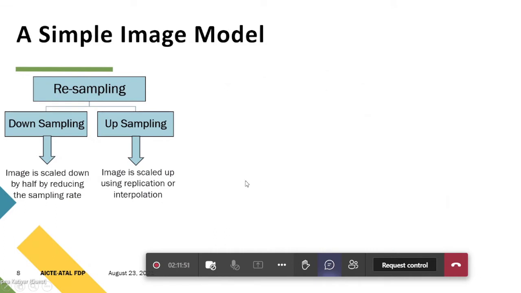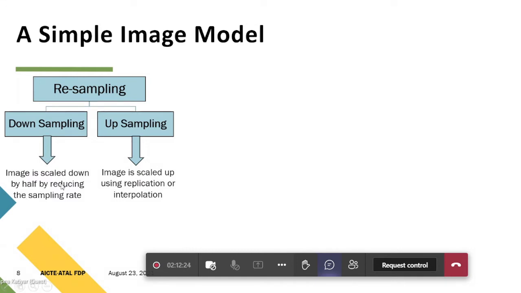When we are talking about the representation of a real scene in a digital form, the image may sometimes be very large or very small, so it also provides you the capability to increase or decrease the size of the image. That is known as downsampling or upsampling, meaning the image can be scaled down or scaled up.